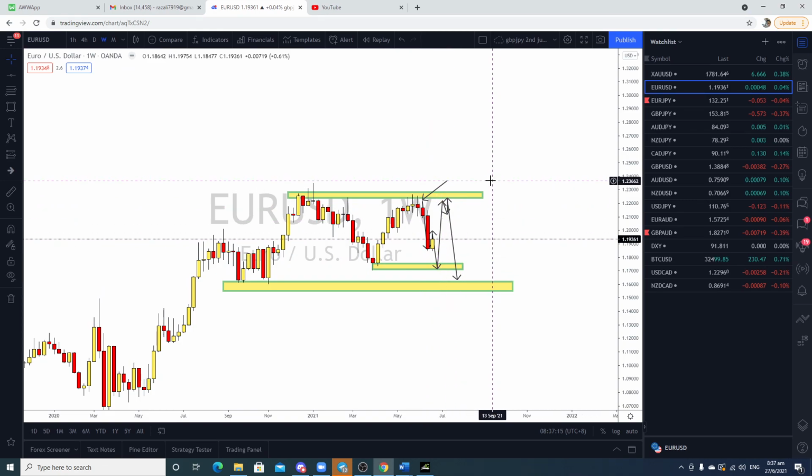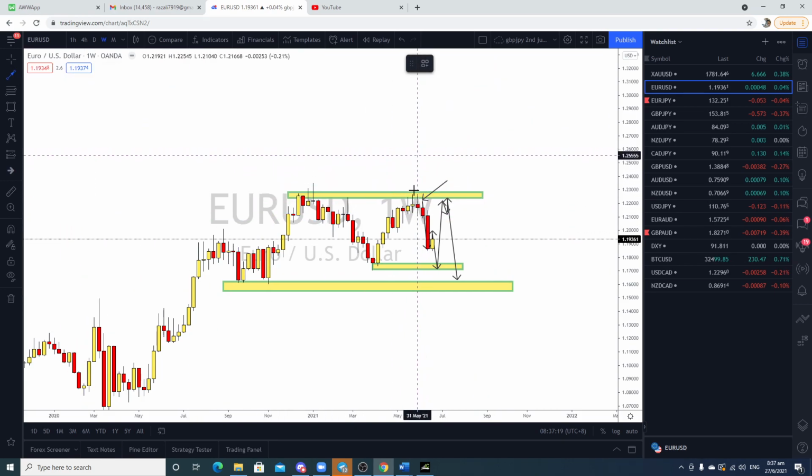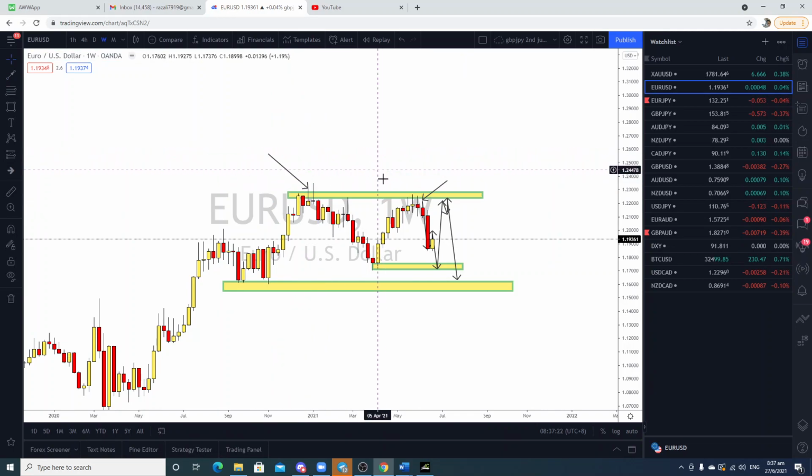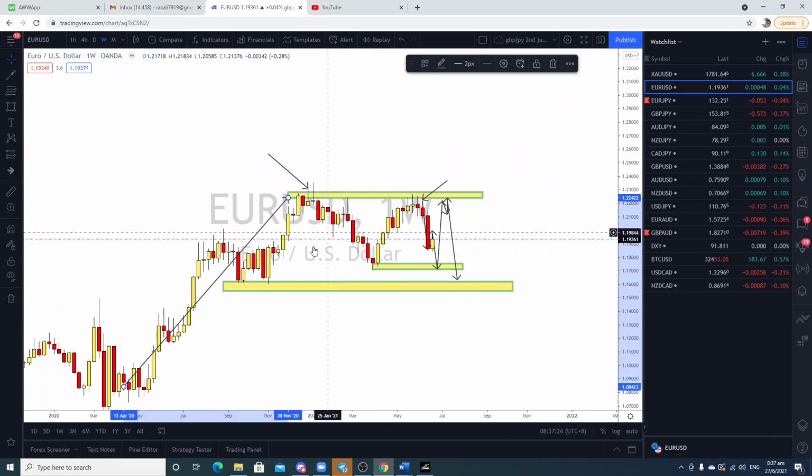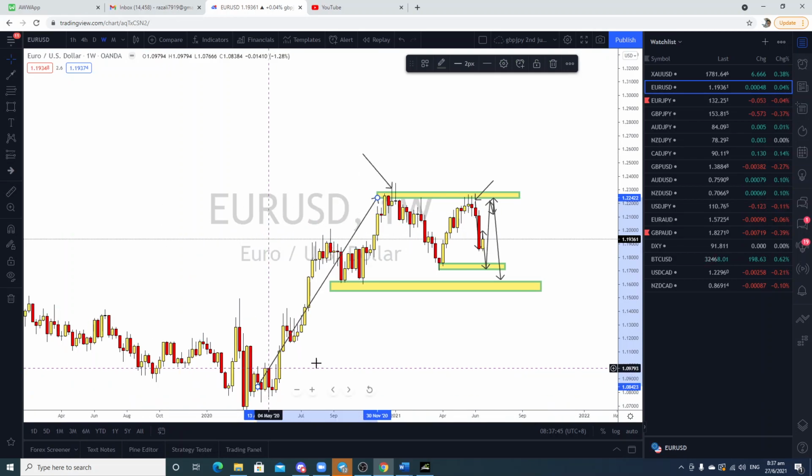But what we can see from here is that there is a lower high, which is this. This is the last high that you make. In this high that you make, this is the last push. After that, you don't see any kind of push, except for this push to become a lower high and then price drops. So we can see that. So of course, the next possible move is to be here, and then whether it breaks here and here to go here and here, that we have to see over the next few weeks or months.